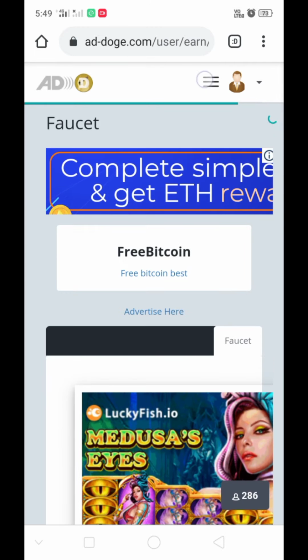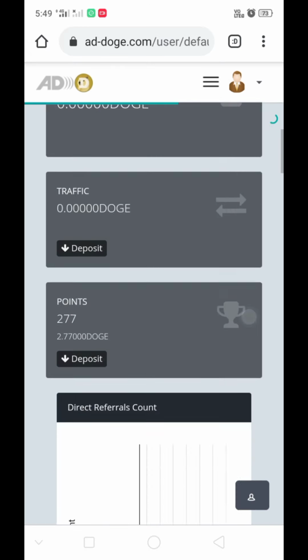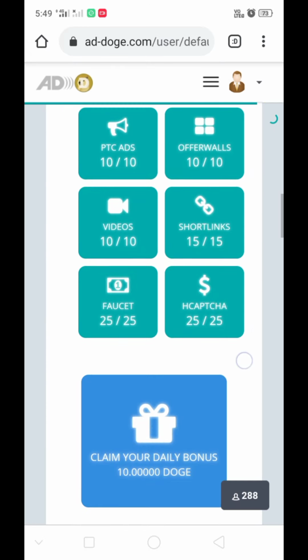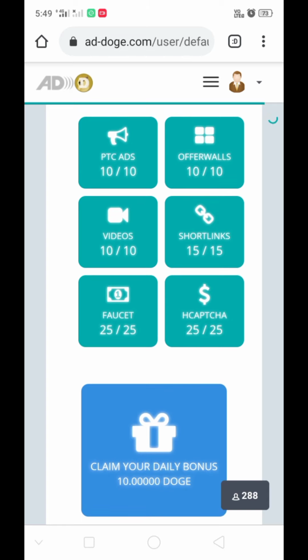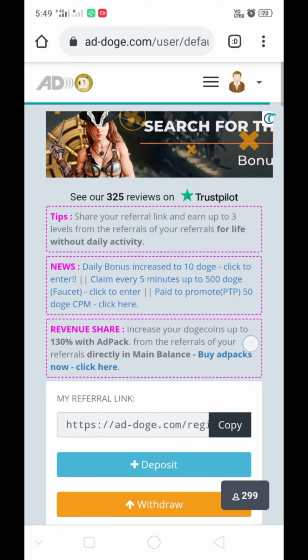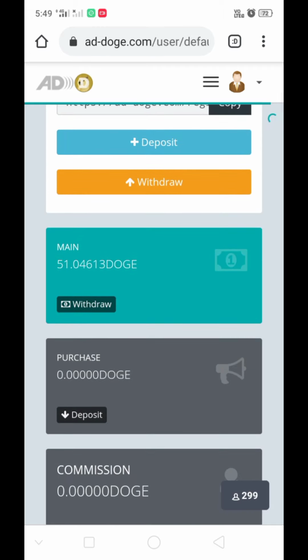Now go back to the dashboard. See there, all 6 tasks are completed. Now we are eligible to take the daily bonus of 10 doggy. Okay, now I claim it. So now I have 51 doggy coins.